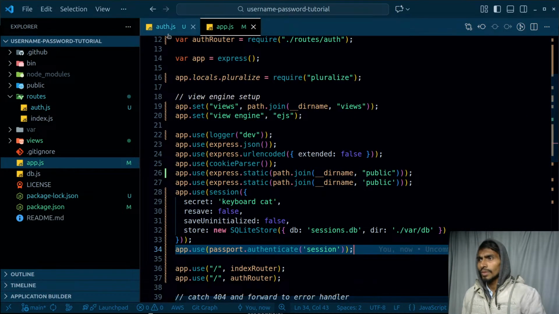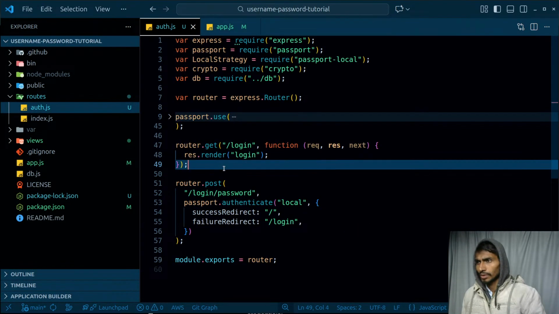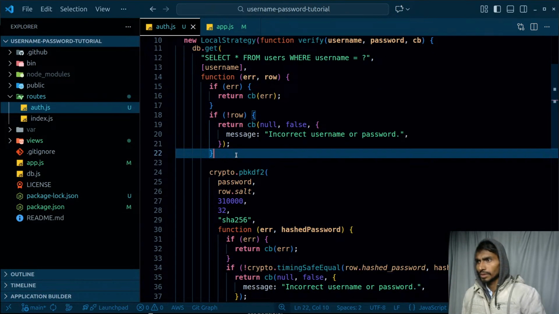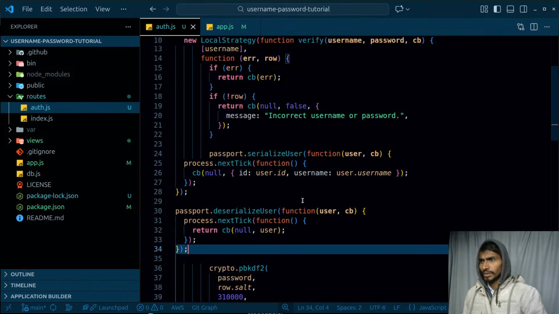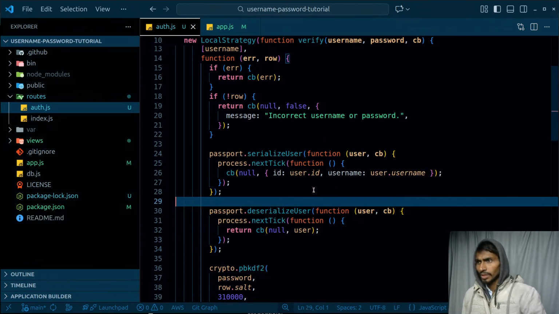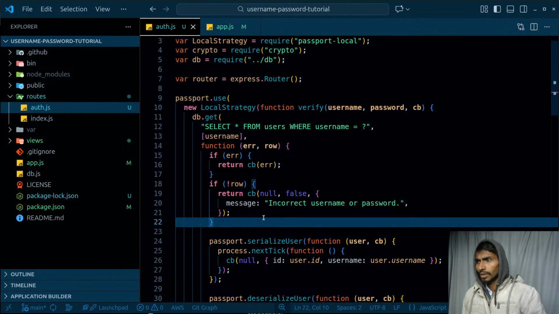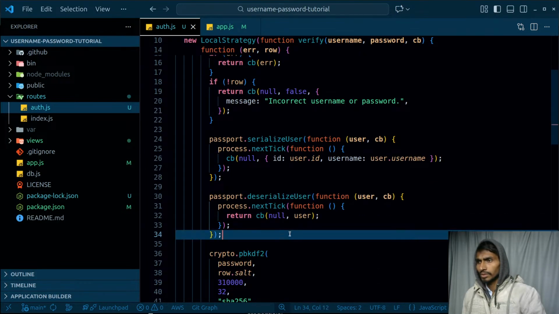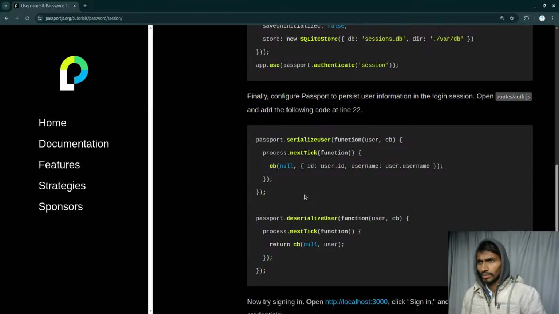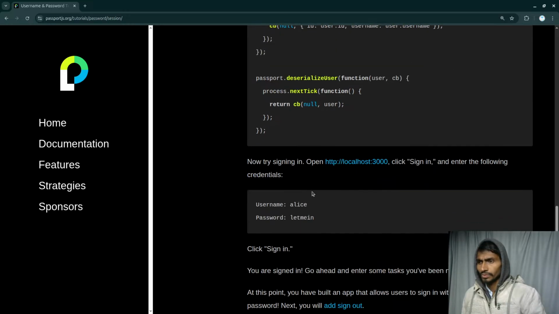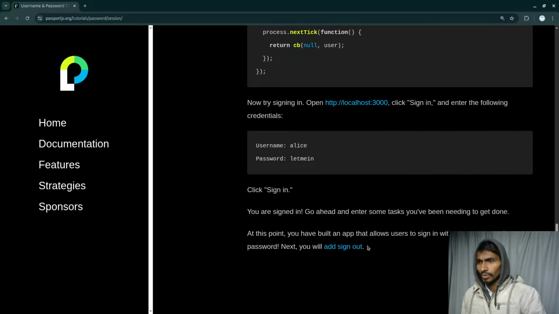auth.js, I have to serialize the data and all. So auth.js is gonna be this, line number 22. This is gonna be this. Let's simply paste it over here, just like this. So I'm serializing the data and I'm deserializing the data, and that is actually inside the function itself. Crazy. So inside the particular passport use, I'm doing this thing. I'm serializing and deserializing. Crazy. User callback, and then I'm simply returning the callback from here. That's fine. And sign in. You are signed in. Go ahead and sign out.